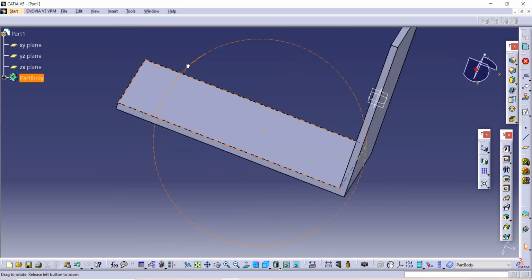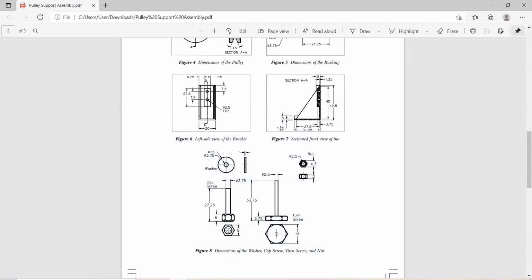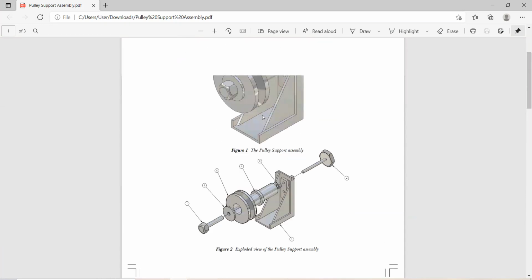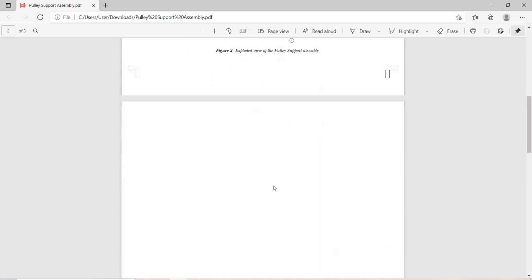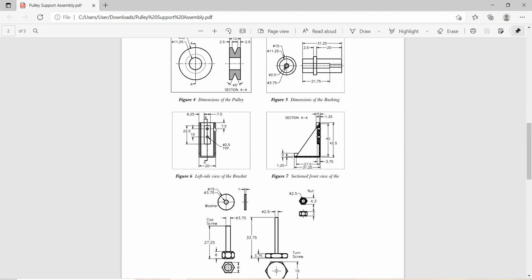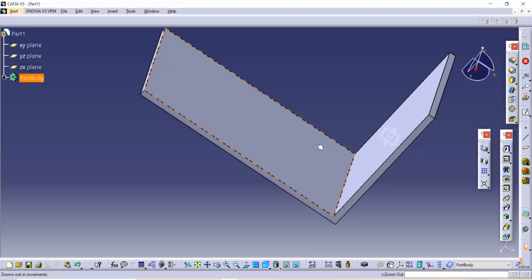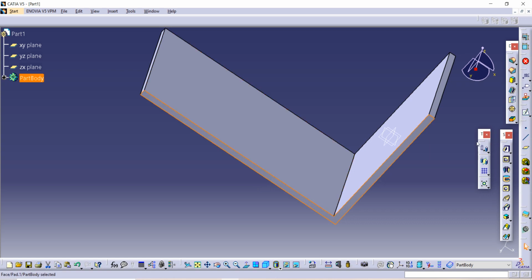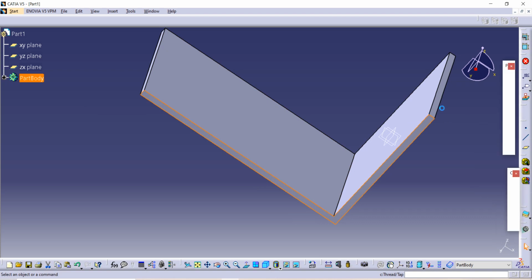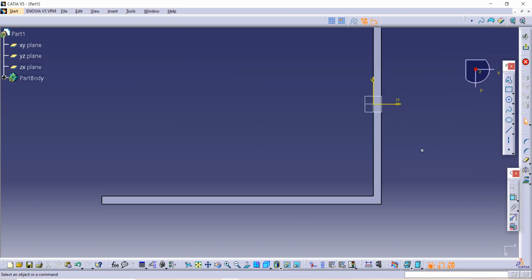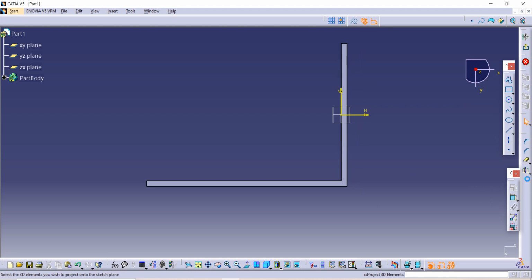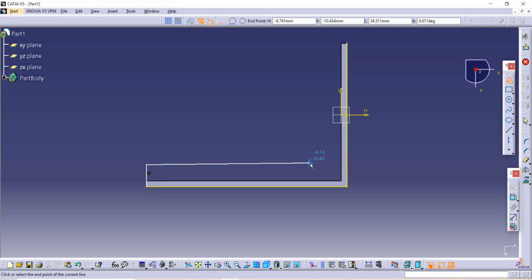Now our next part, let me show you here. We have to make these two parts, so let's make it. Of the given diameter, its thickness is 1.25, so select this side of the plane, then go on the sketch option from here and first use this projection command and project these two sides. After that use this profile command to complete it. First complete the entity as it is given in the figure.